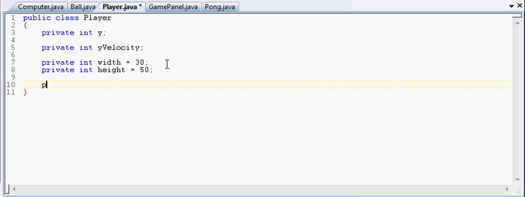Okay, so we'll have our constructor, public Player. And I won't have it take any arguments. Okay, so let's see here. Alright, so now that we've done that,